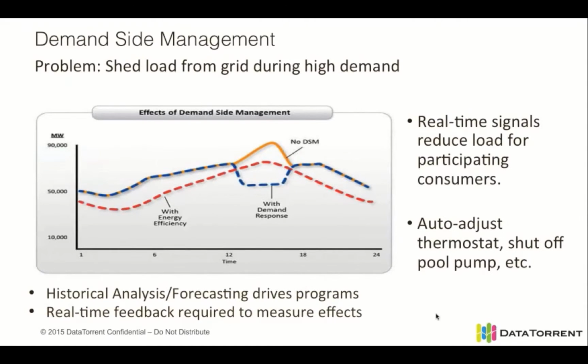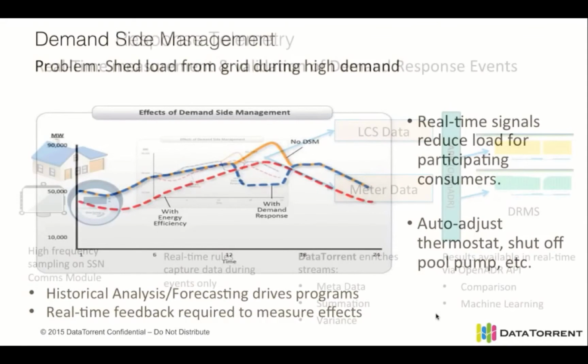Both options are very expensive, but they're both necessary to avoid those rolling blackouts that sometimes happen when load isn't managed appropriately. So what we try to do with demand-side management is we say, let's try and shed some load from the grid during high demand. So first of all, we have to predict, and this goes back to the model that Mike was talking about earlier. First, you have to predict, and then when you detect that there's a situation that requires a load shed event,